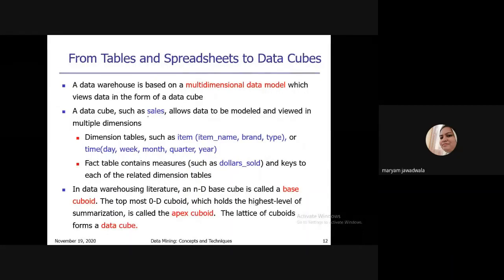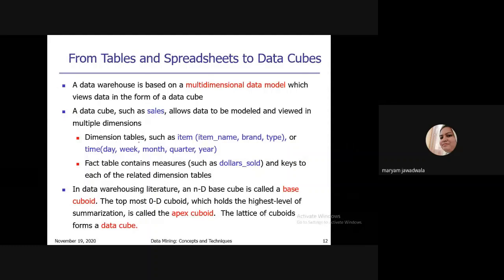A data cube such as sales allows data to be modeled and viewed in multiple dimensions. Suppose you want to create a data model for sales. Sales, the data related to sales, is one of the subjects. I want to create one data warehouse for sales. So what will be the possible dimensions for that sales? Sales may have more than two dimensions, so we can represent sales using multiple dimensions.